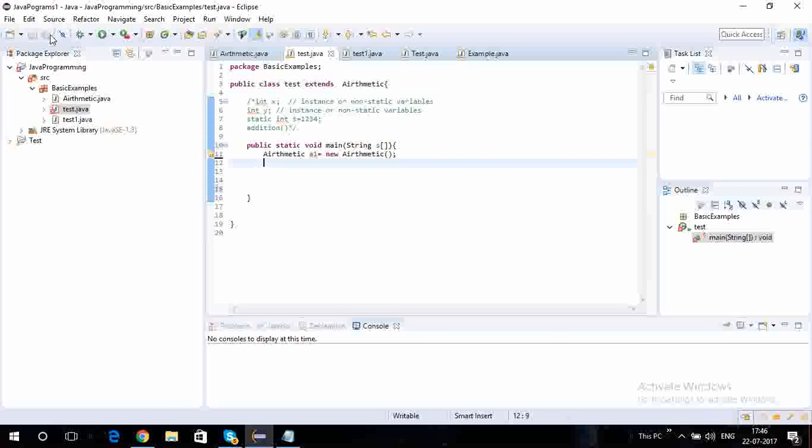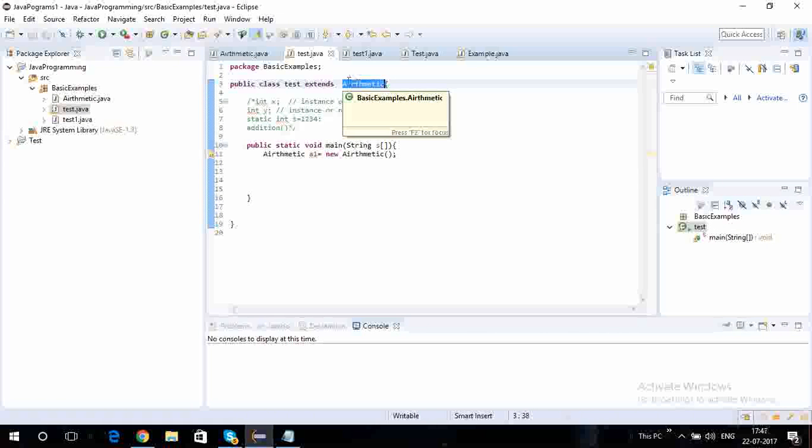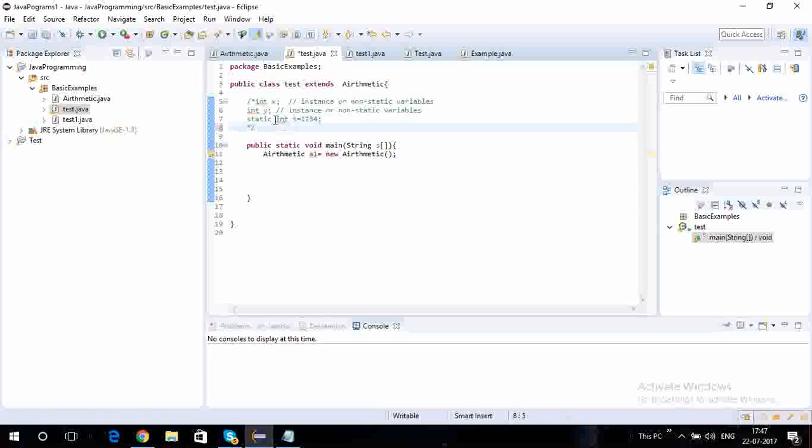So this addition directly you cannot use, right? Because it is a member of that class, you must use an object. Now through inheritance, through the extends keyword, we are inheriting arithmetic members. So these members, whatever members you have, int x, y and static int s, these members will be directly inherited to